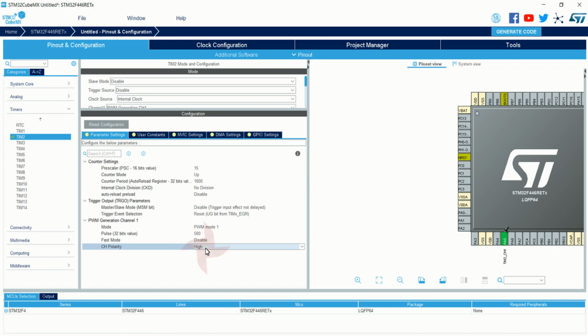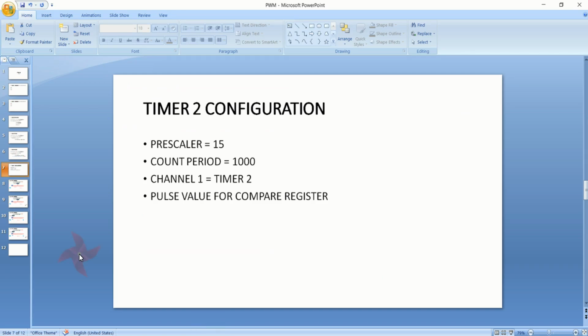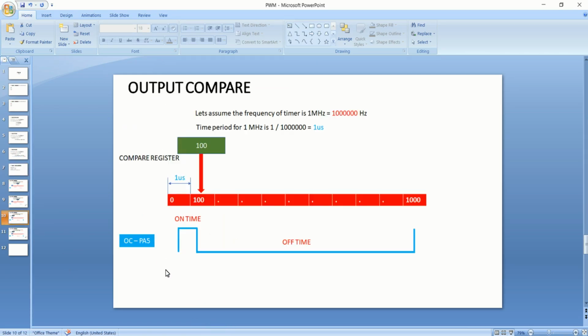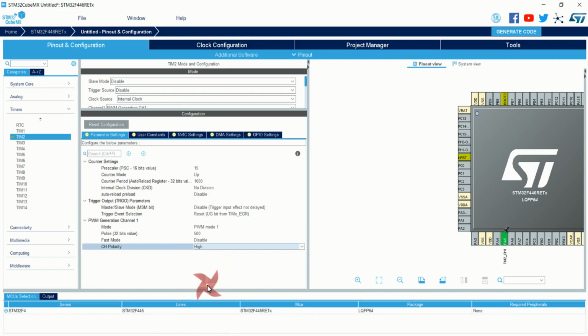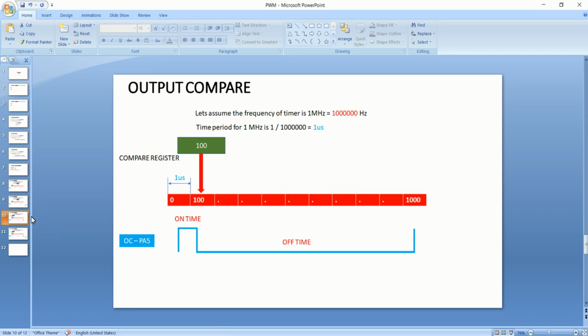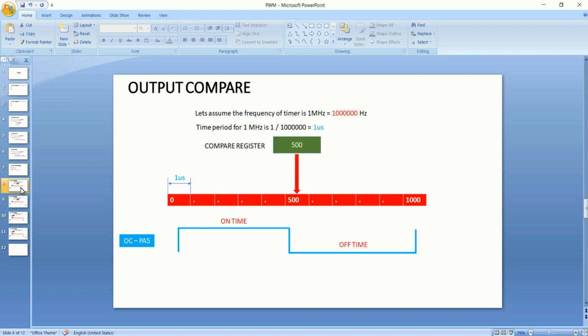So here you can see another option named clock polarity. So this clock polarity is nothing but an option given for swapping the on time and off time of the PWM wave. That is, if you set the clock polarity to be high, this corresponding value from the start of the timer to the compare match will be taken as T on time, and rest of the time period will be taken as T off time.